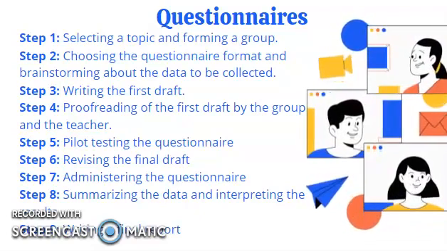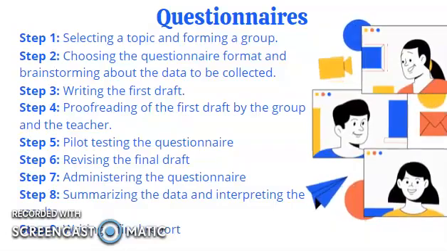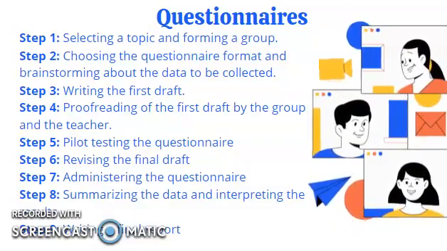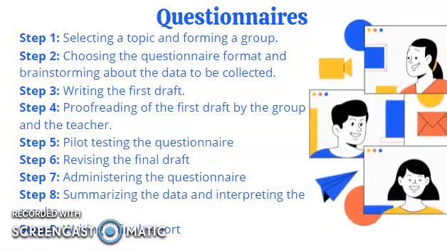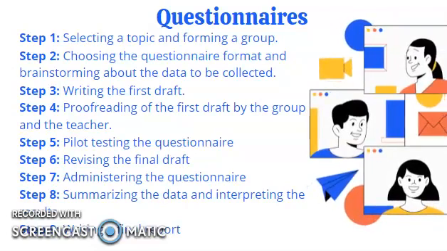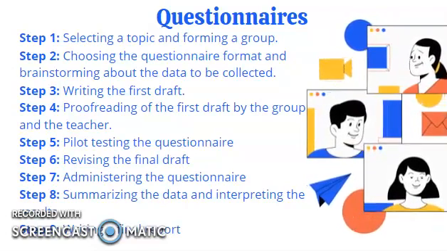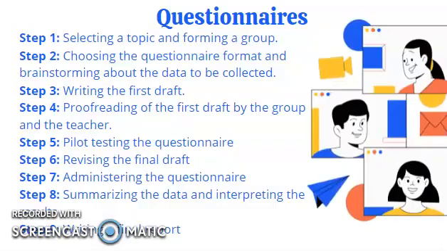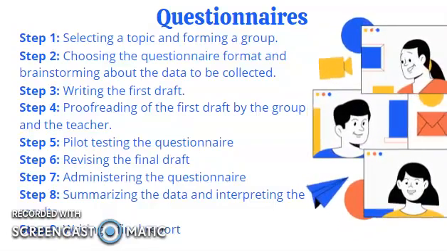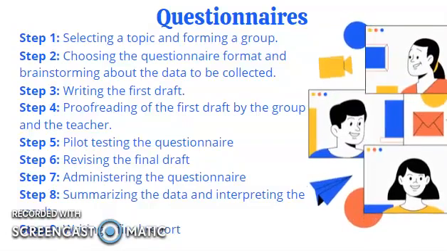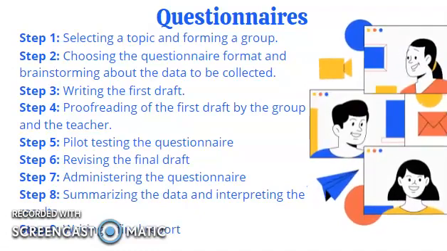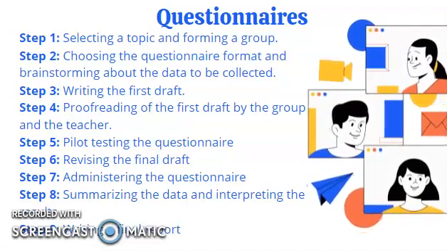Step number 3. Writing the first draft. This step predicts the first draft of the questionnaire to be already completed, including the edited and then put in a logical order questions. What's interesting, in this questionnaire writing process, students should be guided by the following principles. Write questions that are clear, simple, and easy to answer, contain only one idea, and these questions should be relevant to the respondents. They should not show your biases.